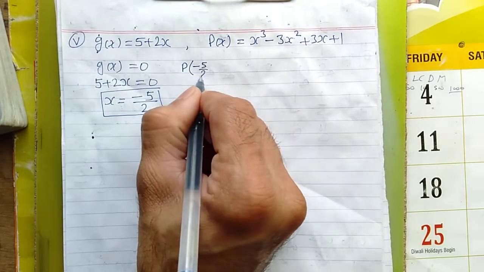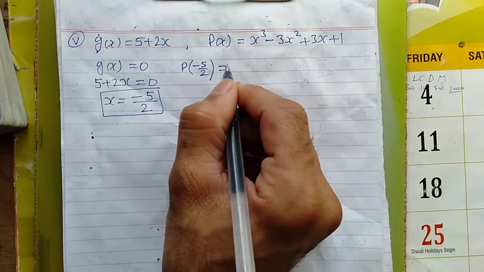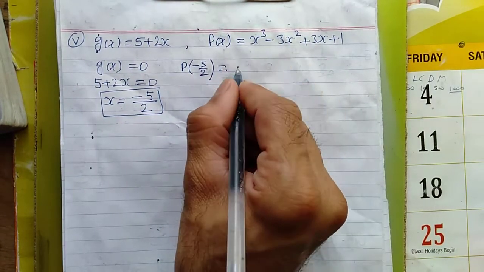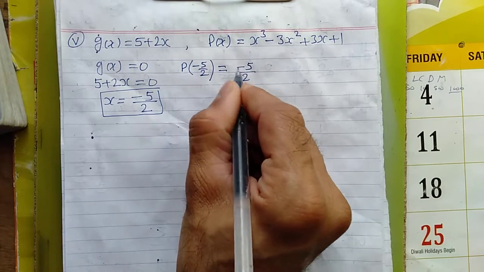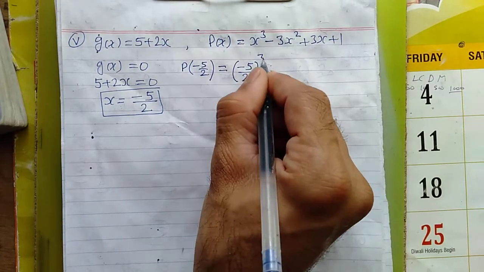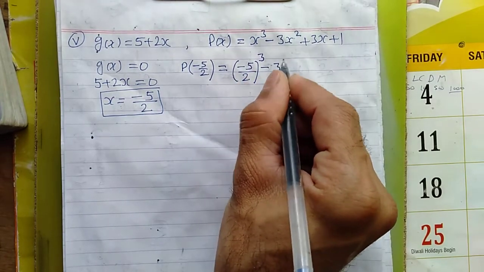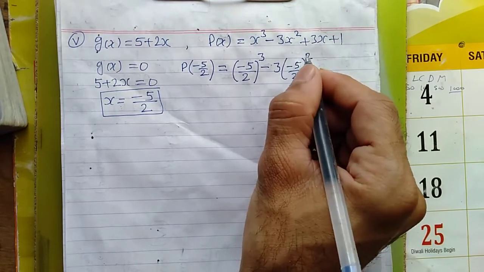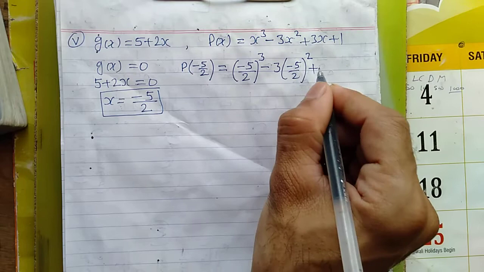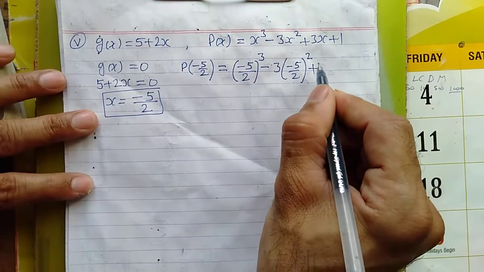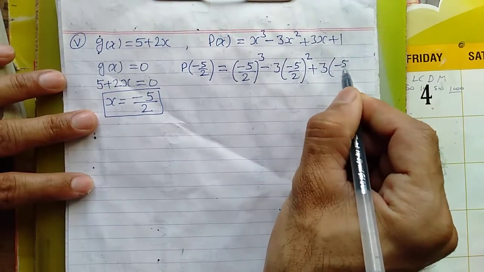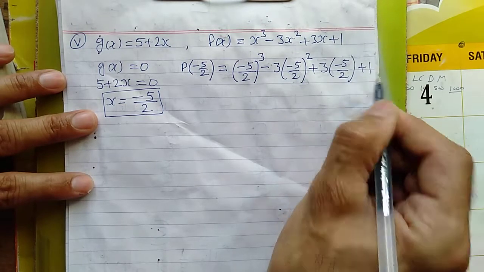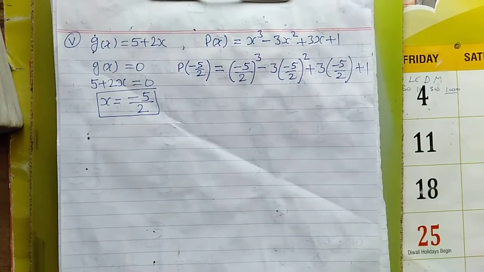So p of minus 5 upon 2 is equal to x cube, minus 5 upon 2 whole cube, minus 3 and minus 5 upon 2 square, and plus again 3